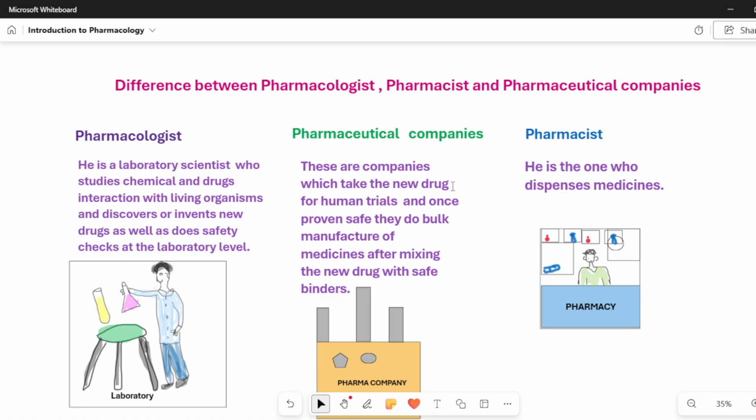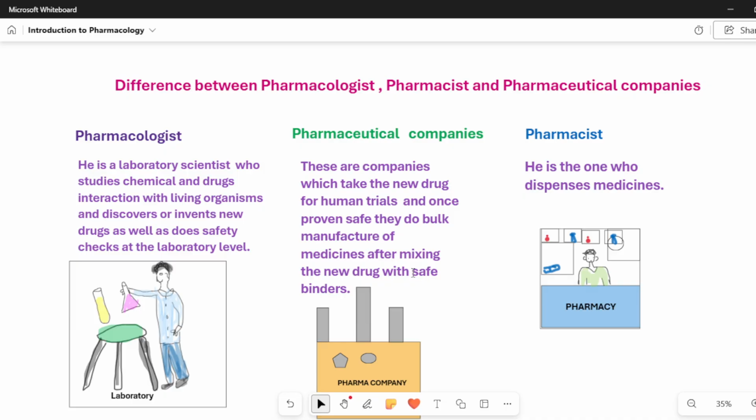Once this drug is proven safe, they do the bulk production of medicines. How do they do bulk production? The drug cannot be sent into the body as it is. It has to be bound with some binders, some safe binders. These binders have also been tested and proven safe.